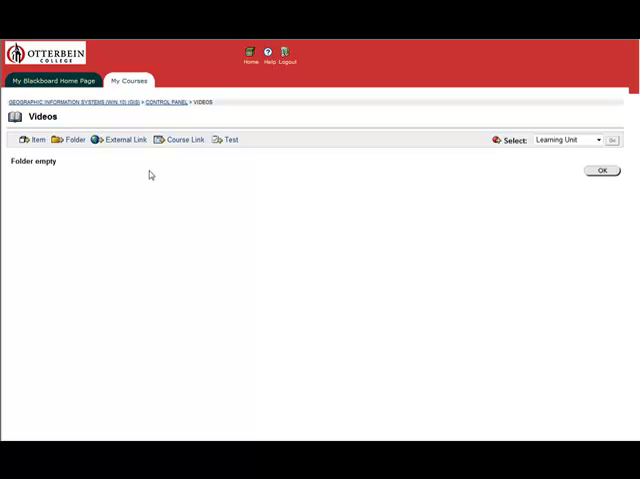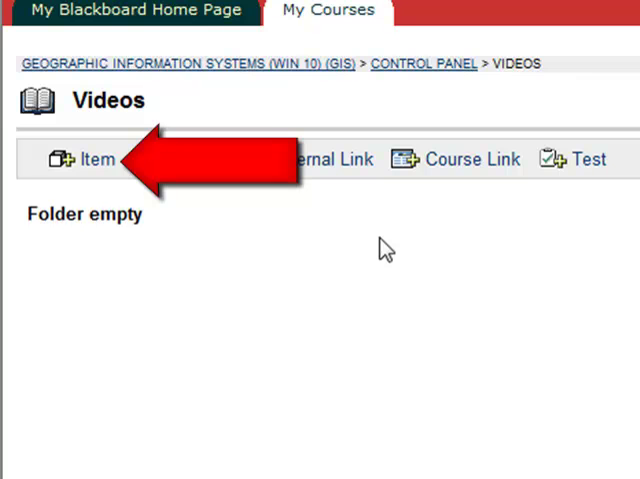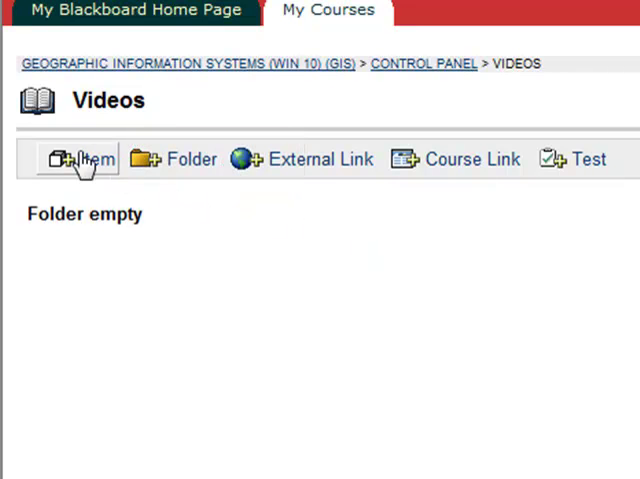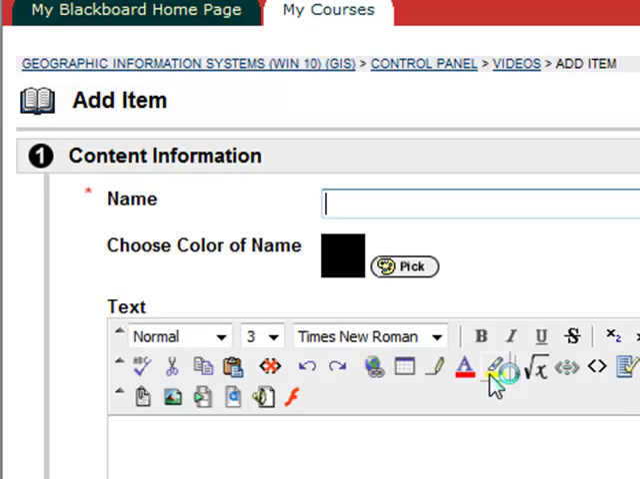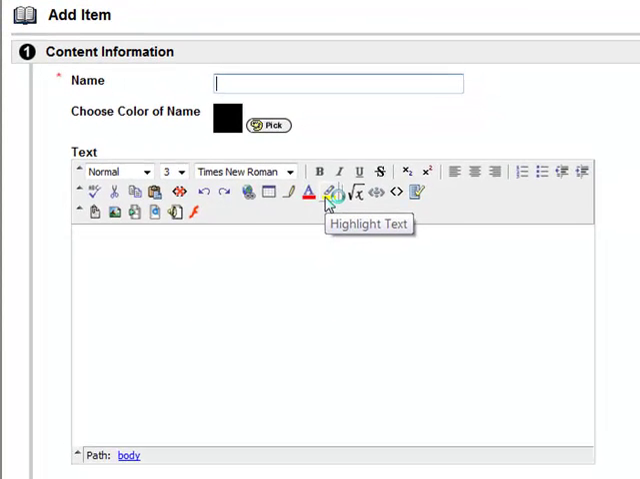To add something, in this case a video clip from YouTube, click on the plus item icon in the gray toolbar. The very first thing you'll need to do is to add a title to your video clip. The next thing you will need to do is to copy the embedding code from the video service into the